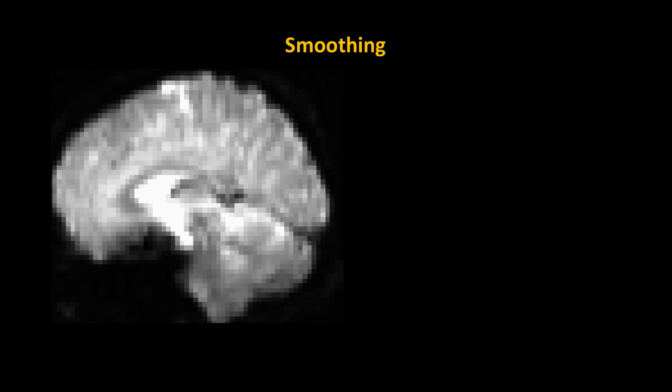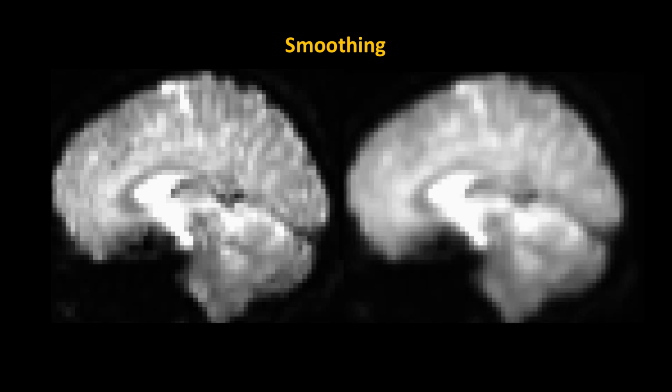Smoothing, I want to say a few words about. Okay, so not too complicated. At each voxel, we take the average of that and all its neighbors. And how many neighbors, that's determined by your smoothing kernel. So if I have a really big smoothing kernel, I average across a lot of neighbors. Small smoothing kernel, not as many. With our resting state analysis,